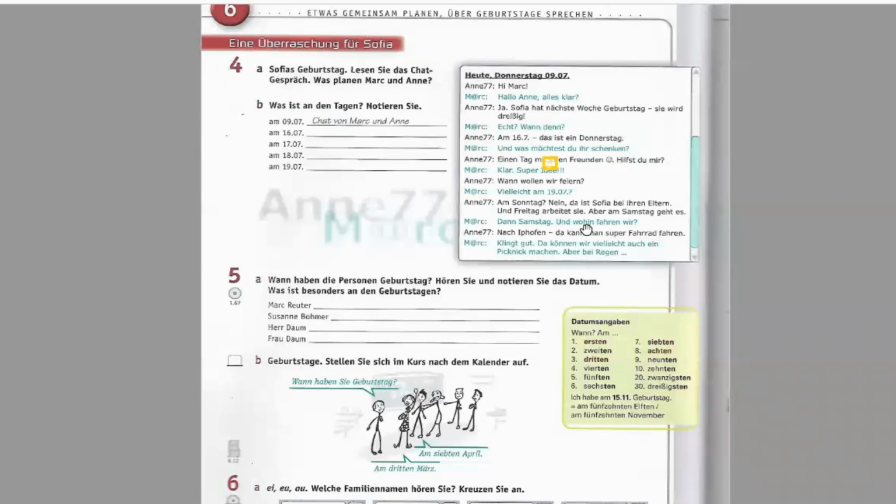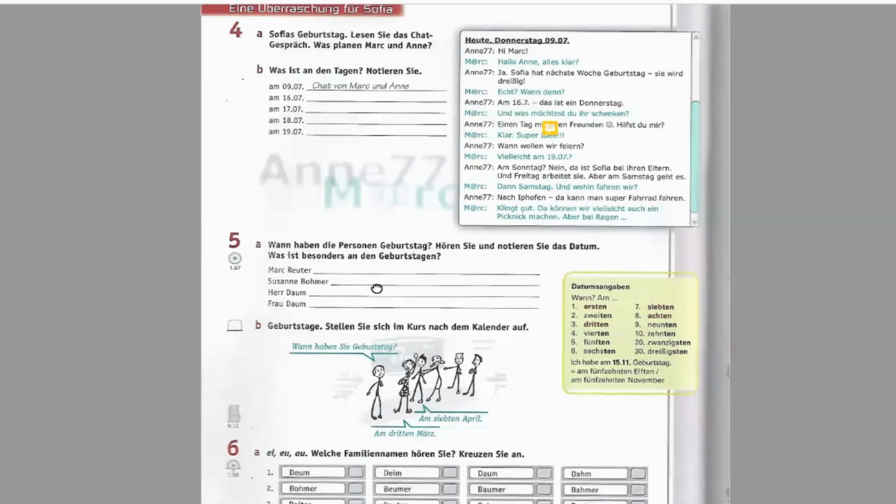After that, in this chat only, they have discussed these 4 dates. Suppose today we are talking, I and Akshay are having a conversation about after 25th July, what we are going to do, some planning or something. So you have to decode their conversation and understand what is happening on 16th, 17th, 18th and 19th. You have to understand the conversation and write that. Then you have to do this.